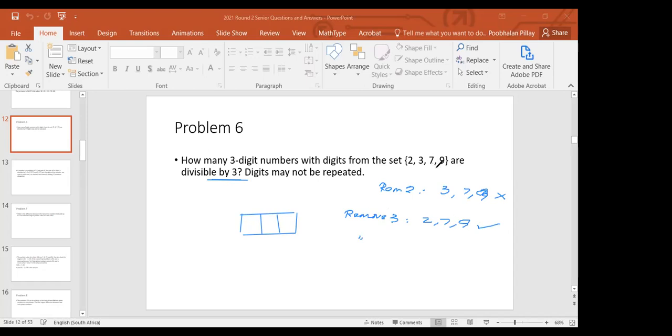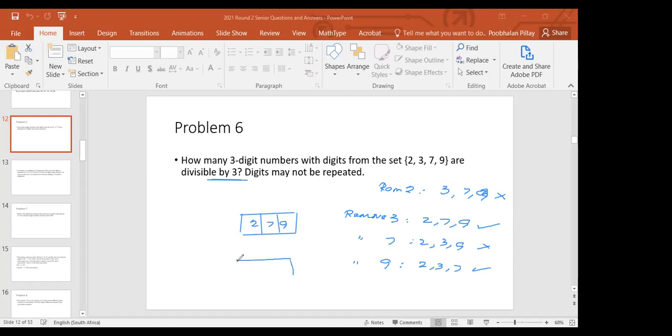If you remove 7, then you have 2, 3, and 9. And you add them, you get 14. And finally, if you remove the 9, you have 2, 3, 7. And there you're allowed because that gives you 12. Okay, so the digits which go inside here are 2, 7, 9,